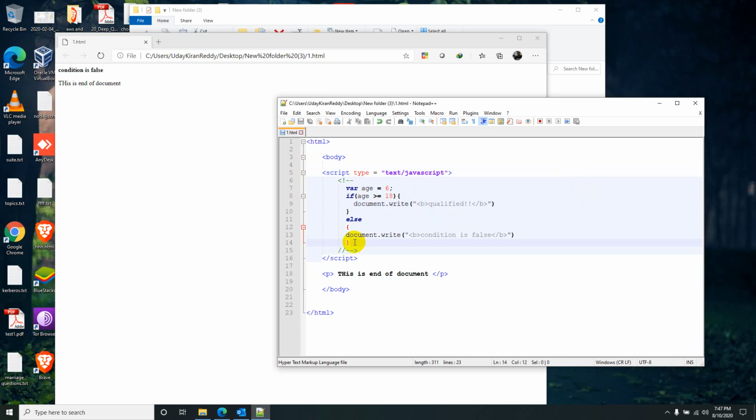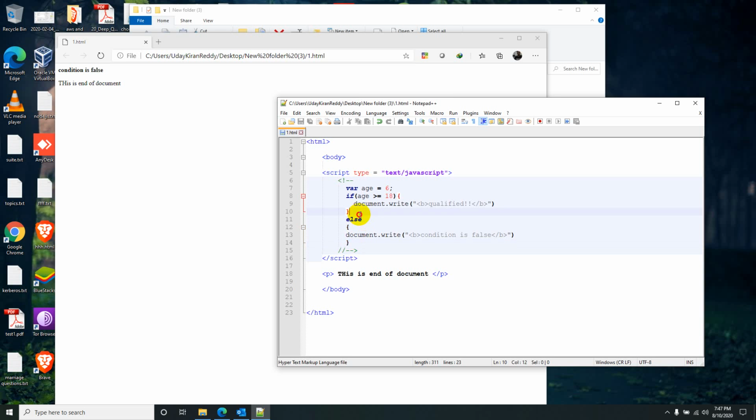But let's say I want to keep one more option: if the first condition is true, the first block will execute. If the first is false, then I want to check one more condition. It's like instead of two paths, I am keeping three paths now, or let's say four different paths. First I will check the first one. If it doesn't work, I will check the second one. If it doesn't work, I will check the third one. If it doesn't work, I will go to the last path.